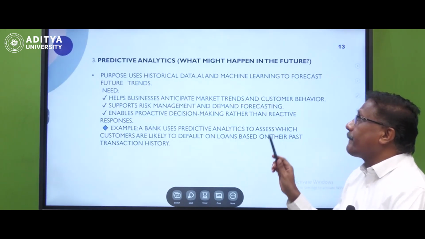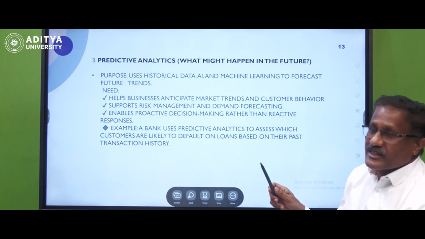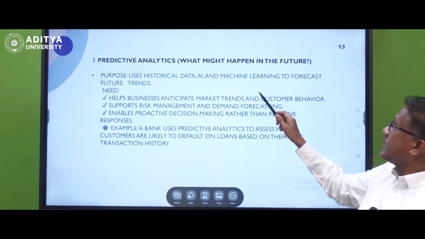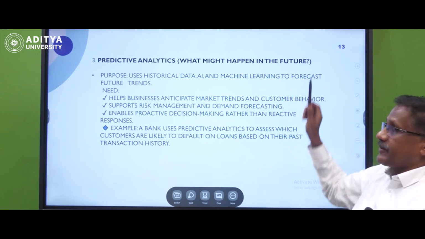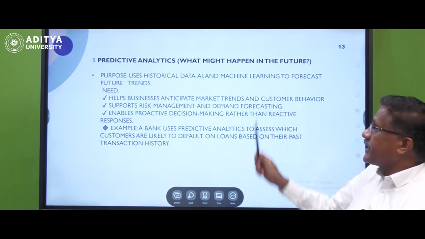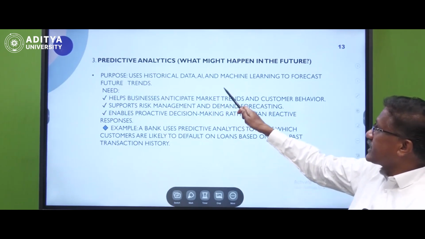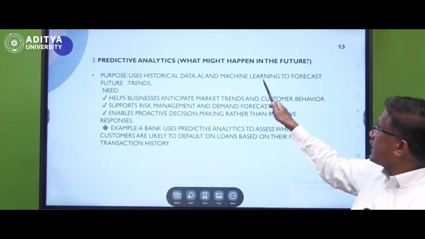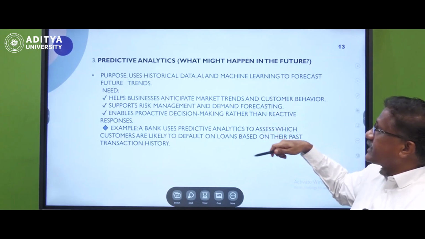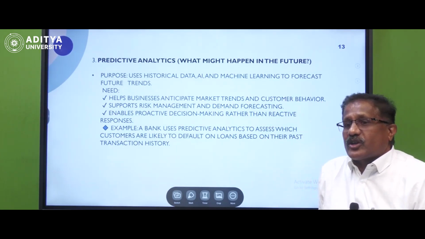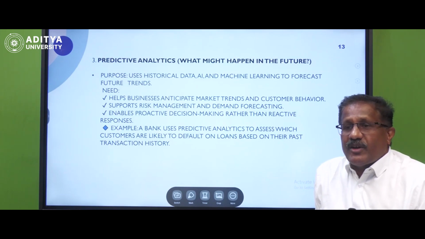And the third one is predictive analytics. What is predictive analytics? From the word itself we can understand the meaning: prediction, future prediction. What might happen in the future? That is called prediction. It uses historical data. It uses AI learning for forecasting the future trend. For example, temperature forecasting, tsunami warning system,